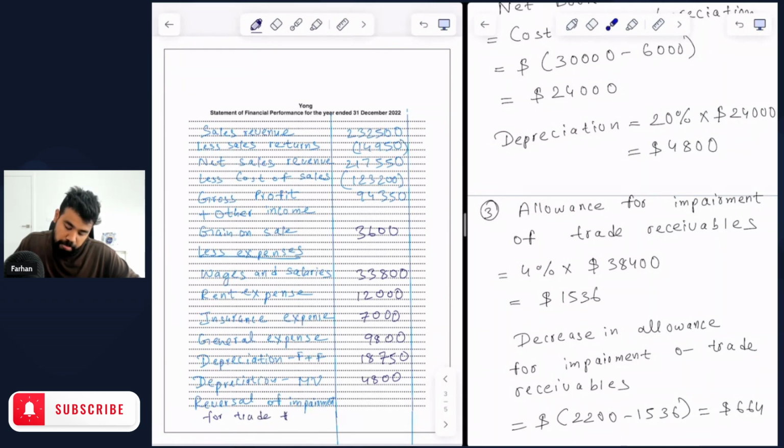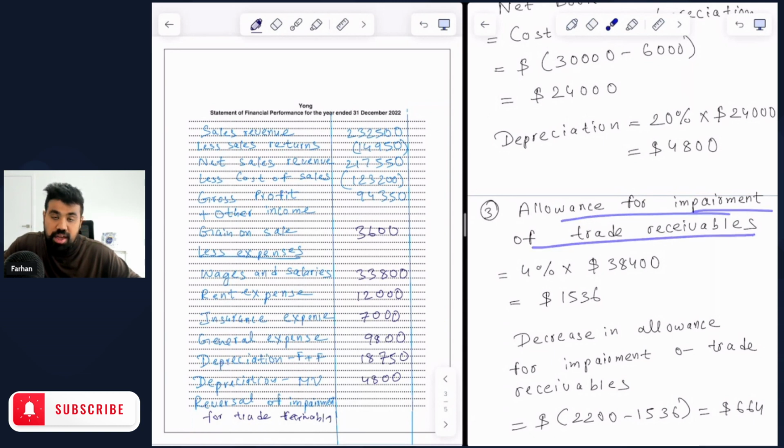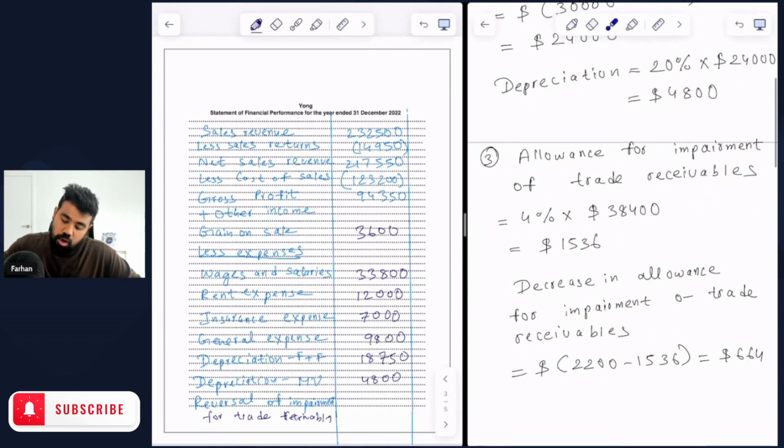If you remember, based on our calculations, the allowance for impairment of trade receivables for the year ending 31 December 2022 was 4% applied on the trade receivables that was given in the balances of $38,400, and that is $1,536. But last year, or at the beginning of the year, the allowance for impairment of trade receivables we had was $2,200. So compared to last year, we had seen a reduction, and that reduction is the $664,